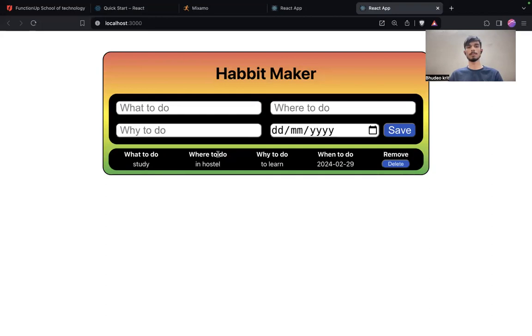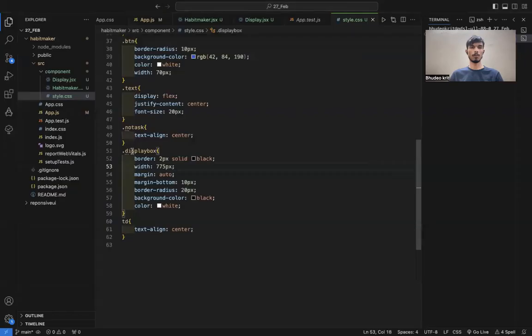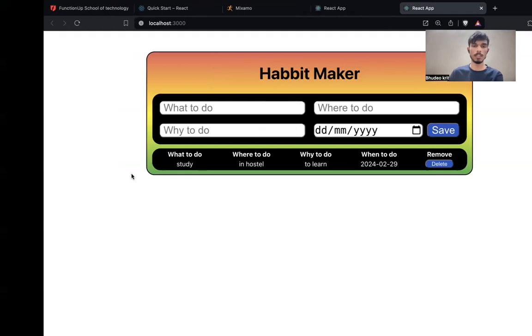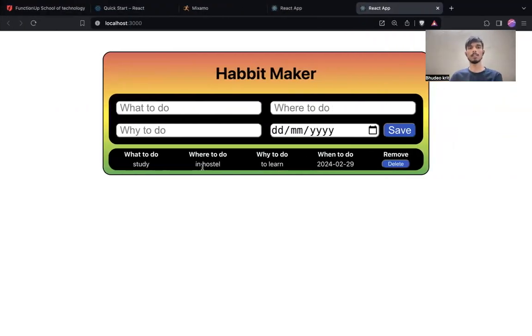So if we save it, as you can see, this is the display box, and inside it we are writing our task,